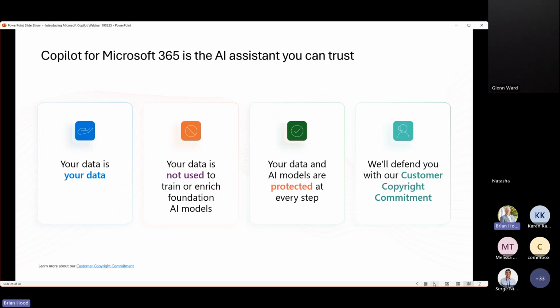So I just want to finish on this slide, which is that Copilot for Microsoft 365 is the AI assistant that you can trust. It is your data. It's not data that belongs to an AI company. And your data is not used to train or enrich foundation AI models, and your data is protected at every step.